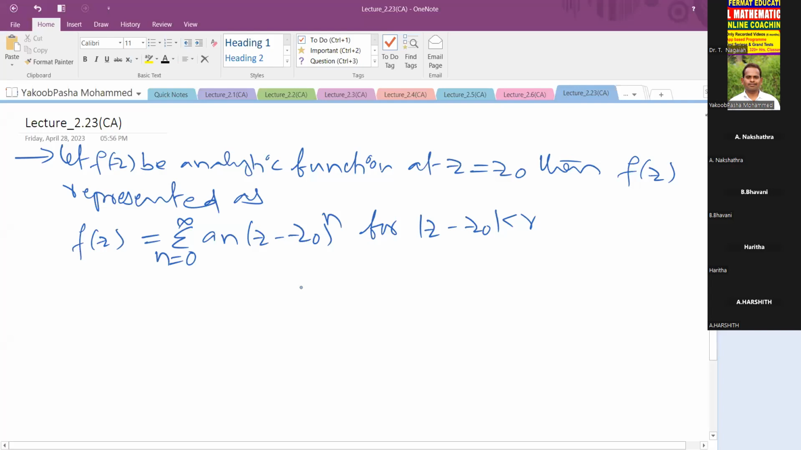Now, when the function f of z is analytic at z equal to z naught, then the function f of z can be represented as f of z is equal to summation n equal to 0 to infinity a_n (z minus z naught) whole to the power of n for modulus of z minus z naught less than r, where r is the radius of the circle. So we can write it where a_n is equal to